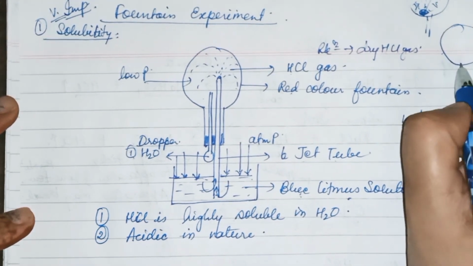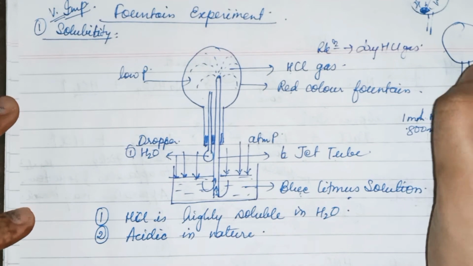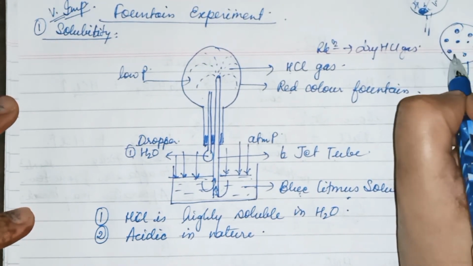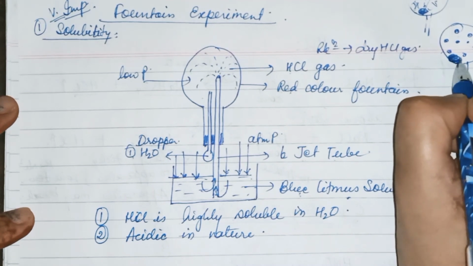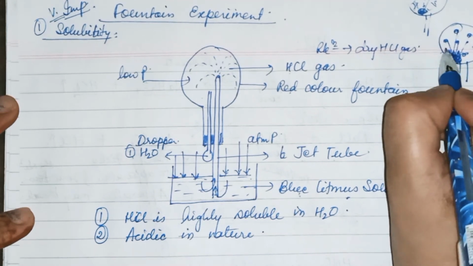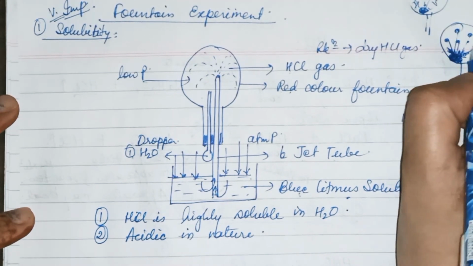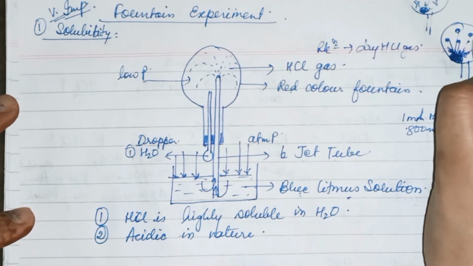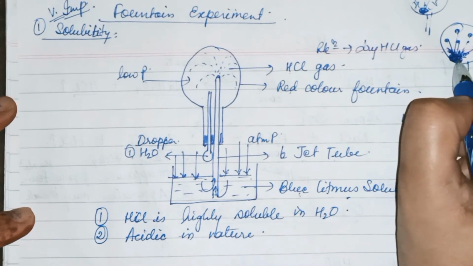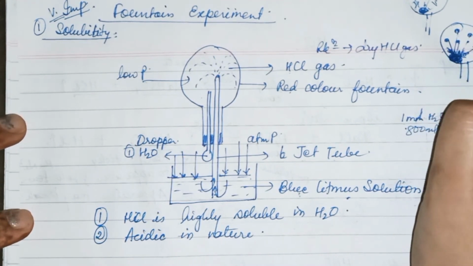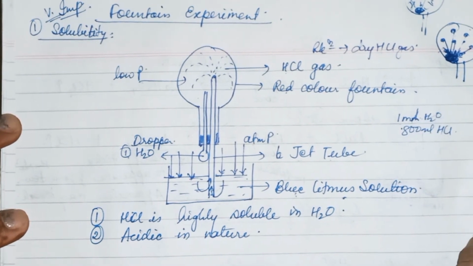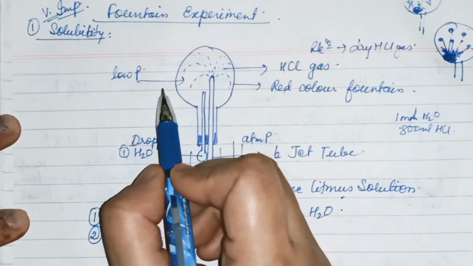suppose in this glass flask, some gas molecules of HCl are there. When they are dissolved in this droplet of water, they all come here. So there will be no pressure on the wall of the flask, because all the molecules of HCl are now in the water droplet. So here you can say that vacuum is created because no pressure is there. So vacuum is created, or low pressure you can say.